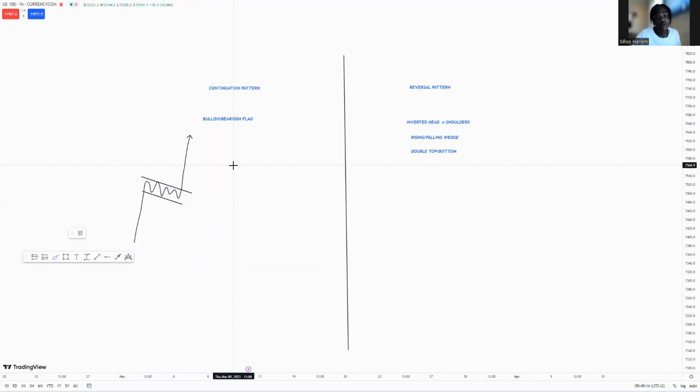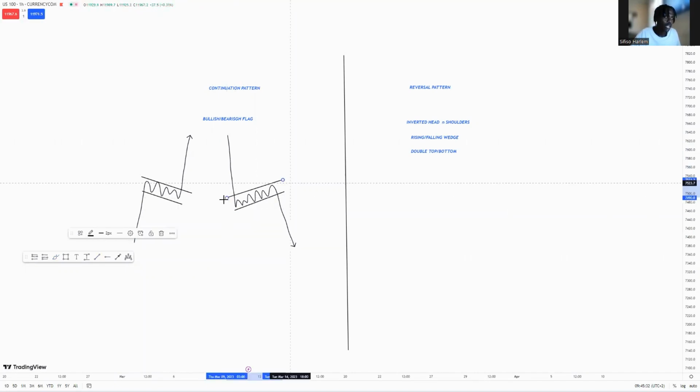So how do I spot my bear flag? Price pushes to the downside and price starts doing what? Price starts correcting or starts exhausting. And then price does what? Price continues moving to the downside. So now, how do you spot it? It's once you find price creating something like this, right? Creating something like this. With a bullish flag, it's like this; with a bear flag, it's like